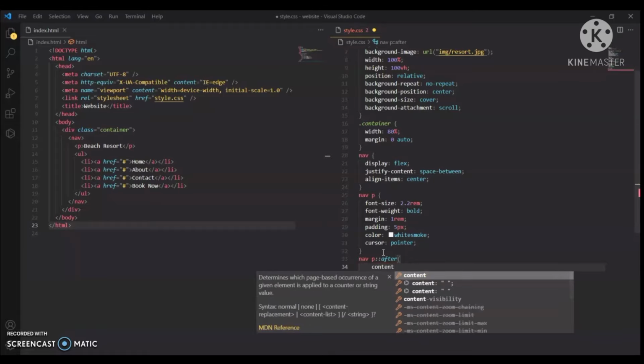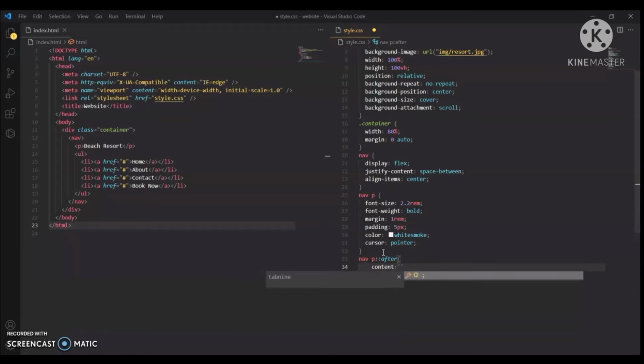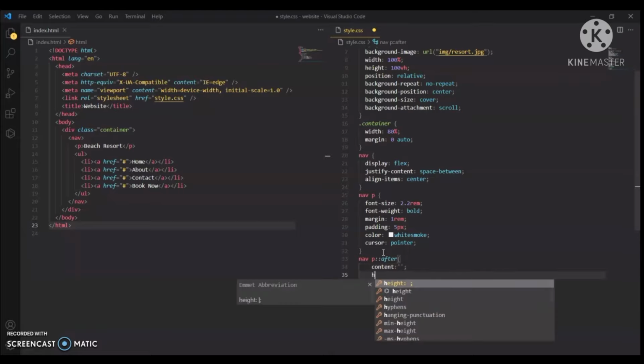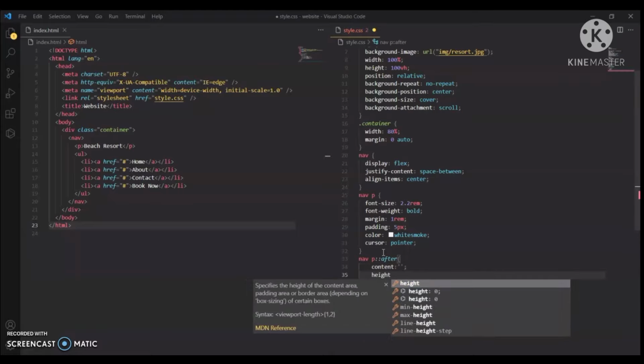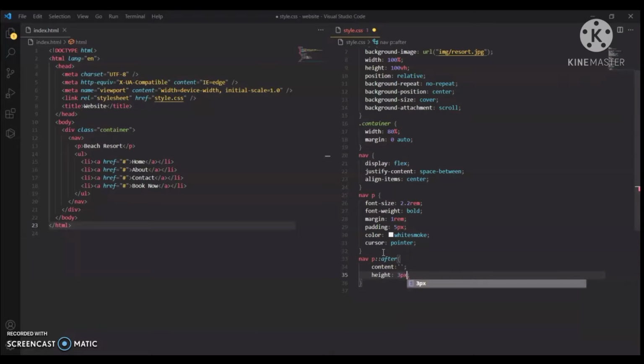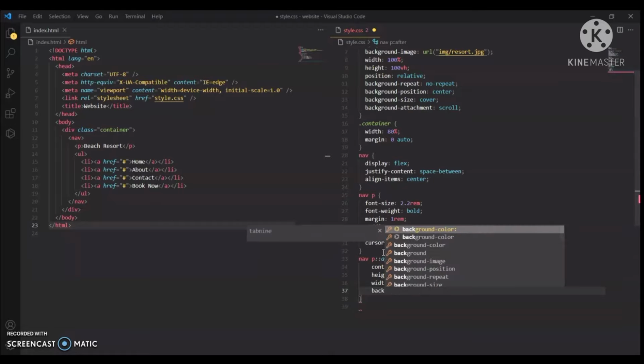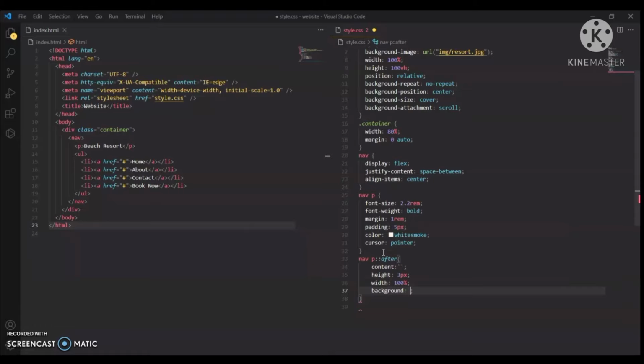Here we are using the property of after. On clicking or dragging the mouse pointer, we will be doing basic styling in this property, and we will call this property in our hover effect by giving 100%.